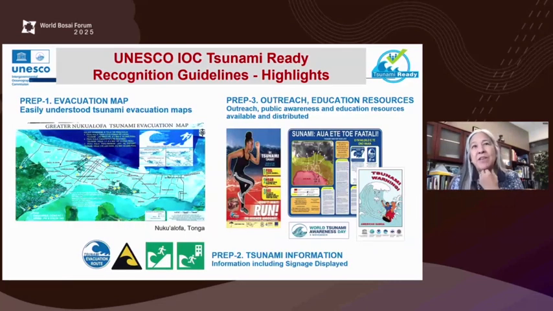But once you have that inundation map, we want to move forward at a community level to an evacuation map. So where is it safe? Where is it not safe? We want to supplement and share that information in the evacuation map through outreach and materials. We want to have signage, like the ISO signs that were put forward by Japan in the late 2000s.